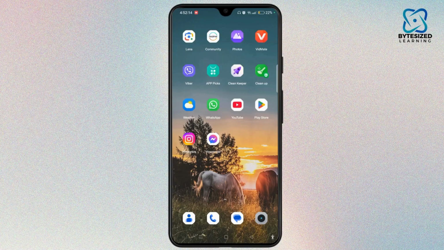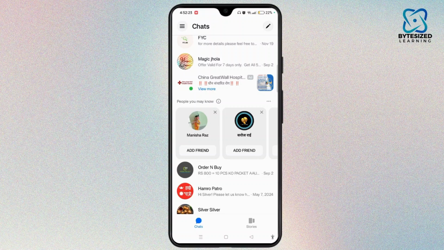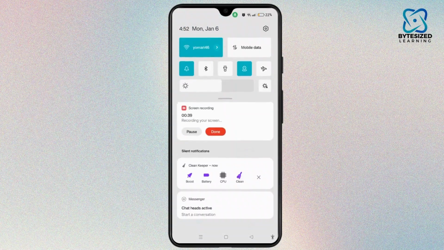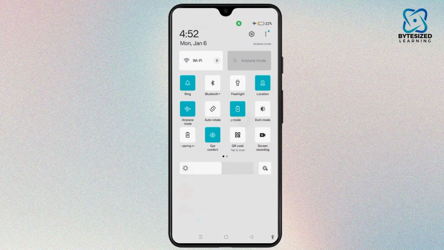So the easiest way to read messages without being detected is by using airplane mode. First, you need to launch the Messenger application and let the messages load without opening the group chat. Once you see the chat preview, turn on airplane mode on your device. And then on an Android device, you need to swipe down from the top of your screen and tap the airplane